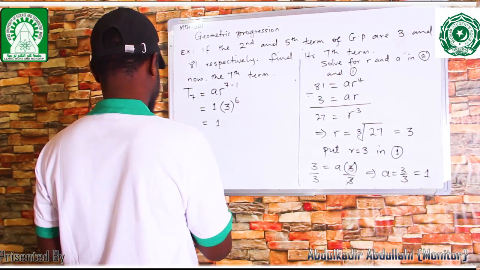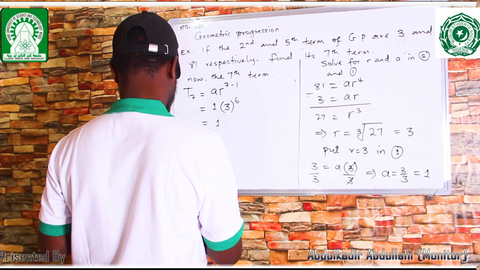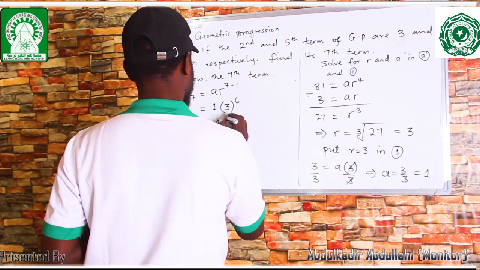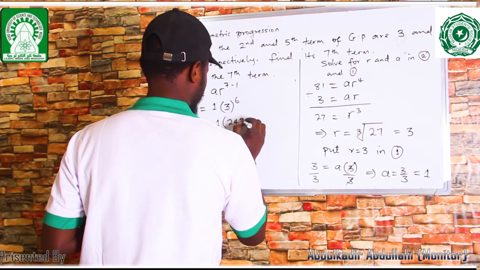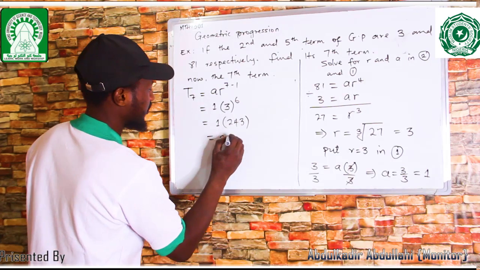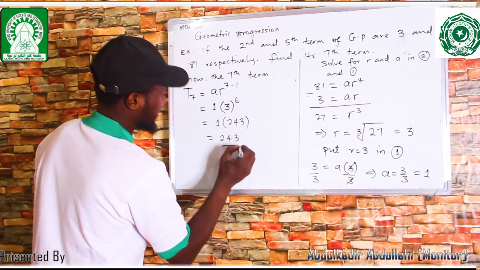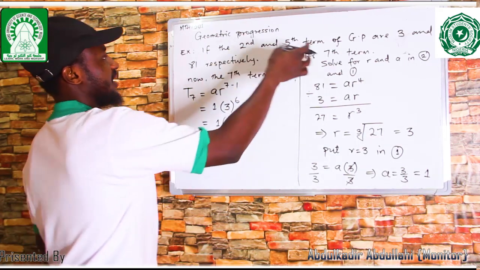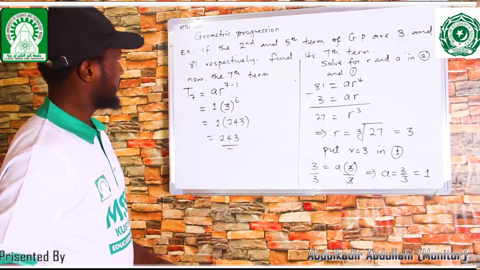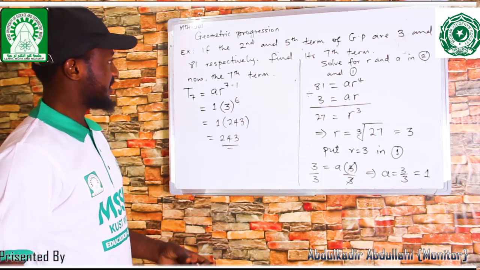Sorry, it's 243. So now 1 multiplied by 243, we are going to have 243. So this 243 is the seventh term. Okay, now after these two examples, let's